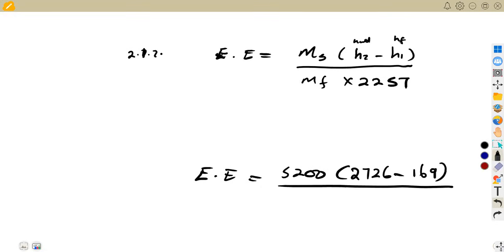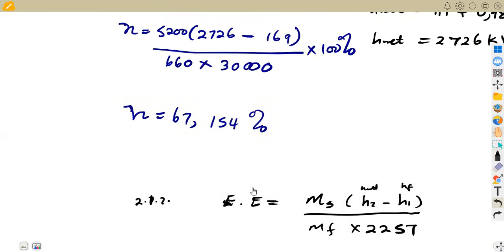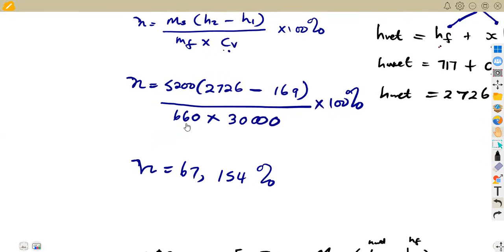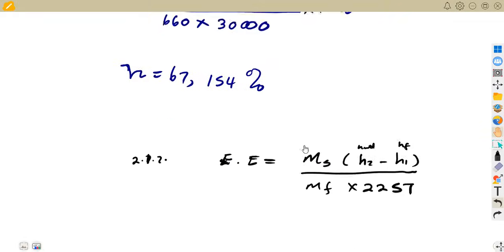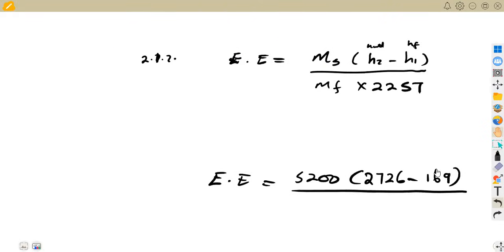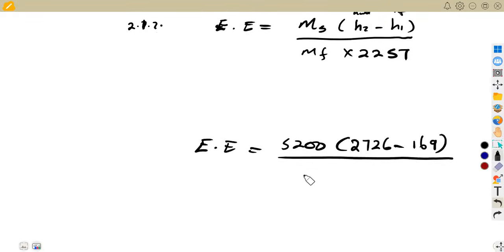Everything over the mass of fuel. Again, we have the mass of fuel. We used it before here. Mass of fuel, which was 660. So that was 660 kilograms per hour. So we are going to have 660 times